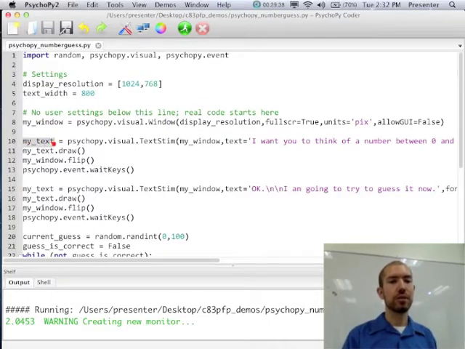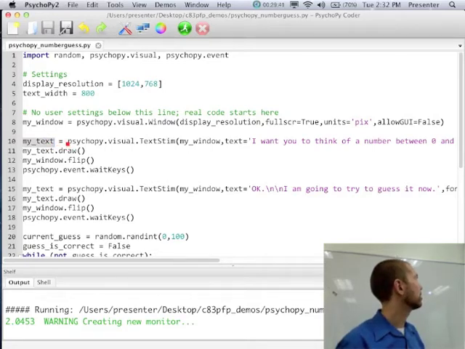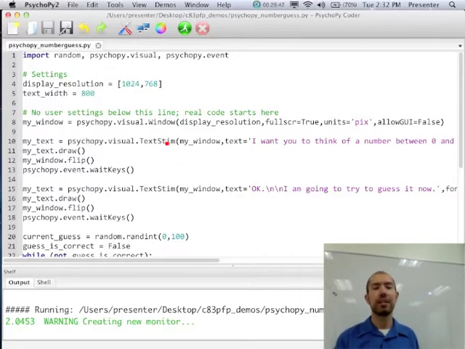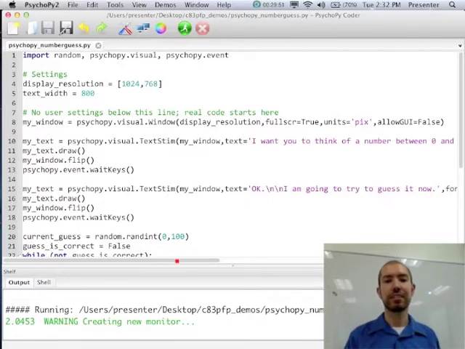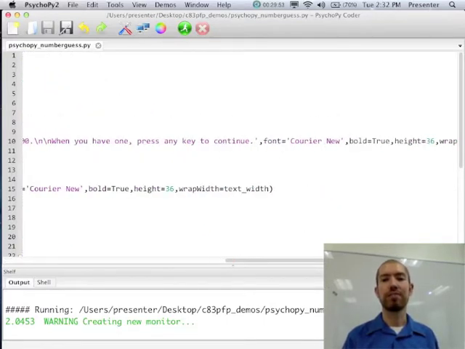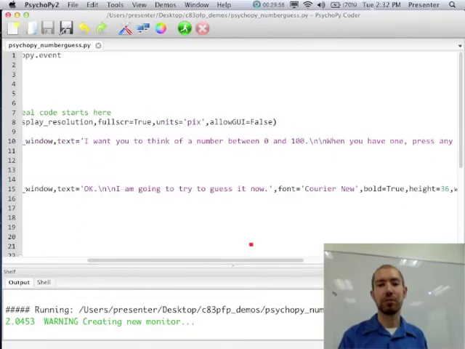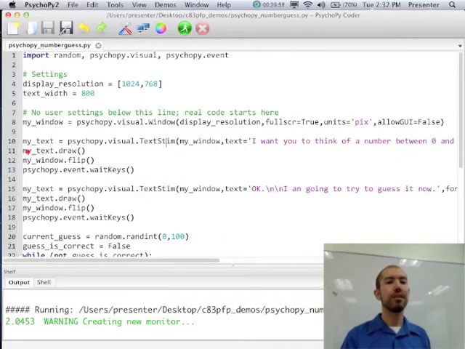So the next thing we actually do is create a text object, right? We call this textStim function, which creates a new text stimulus. And again, we gave it some information, like what window it's going to be on, what the actual text is. We told it the font we wanted to use and the height and so forth, right? And here's a good example. Here's our first thing telling an object to do something.